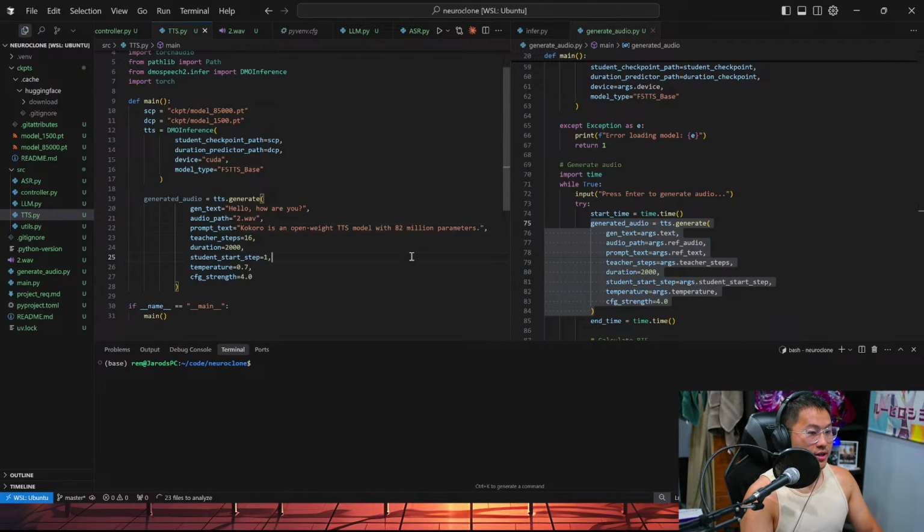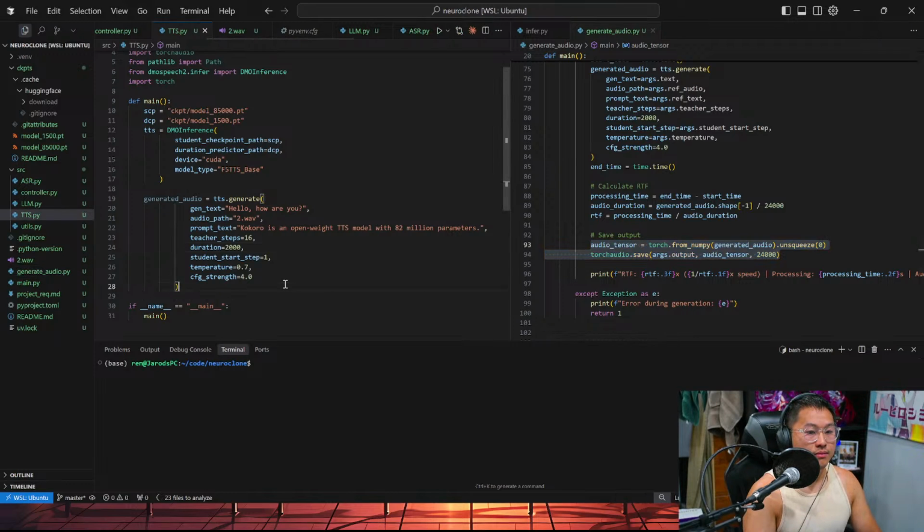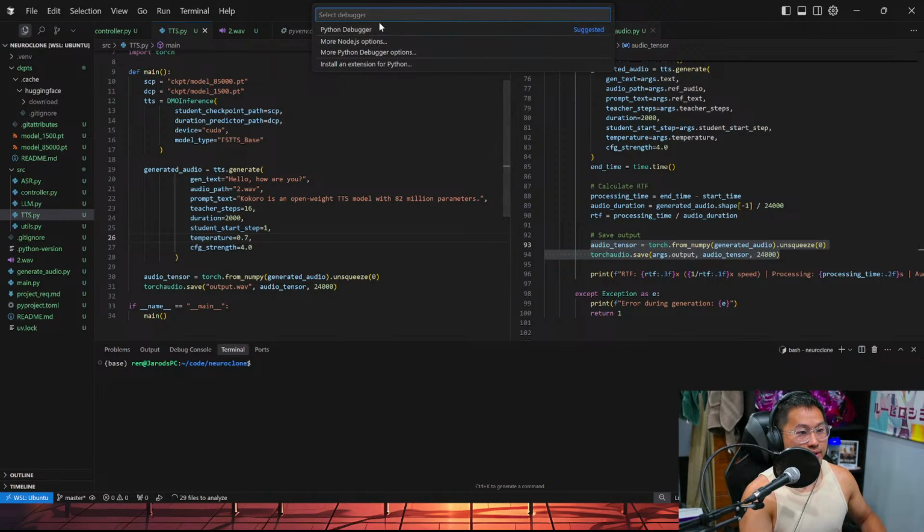Kokoro is an open-weight TTS model with 82 million parameters. Right, and then we can save this to output wave, and I think we should be able to run this like this.